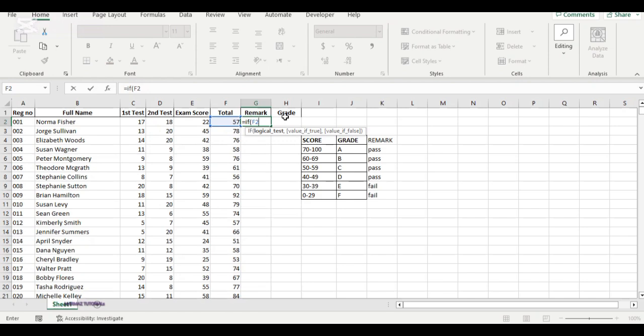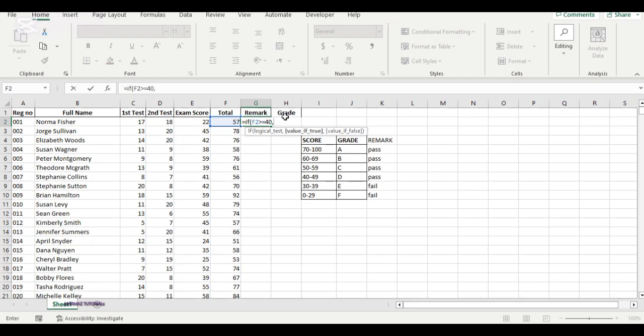You understand? So if it is greater or equals to what? We are going to find the one that has the lowest. So the lowest here is D, which is 40. So if it is greater or equals to 40,